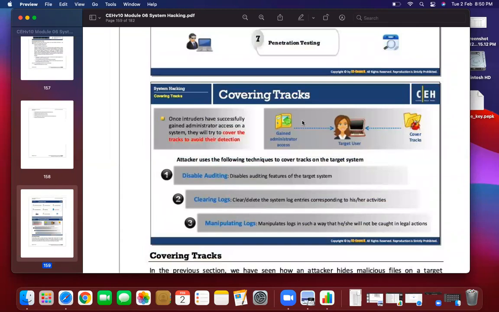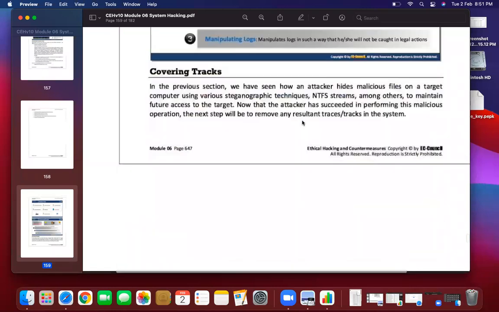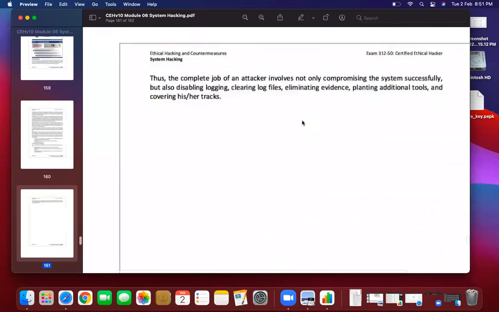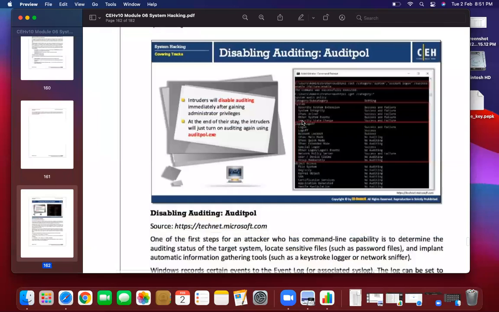If you are doing something with the victim, such as making changes in the system, hacking activities, escalating privileges, every time you do something, a log is prepared and stored in the system files for each and every second. Whenever you do something, we need to clear those log files so that the victim is not able to find out that there is something wrong with the system or the network. So clearing logs is very, very important.